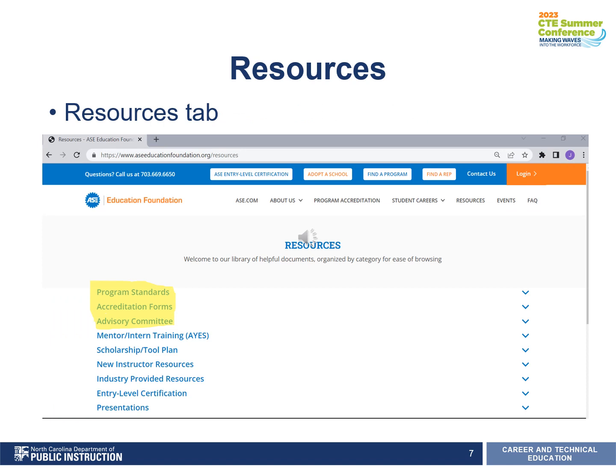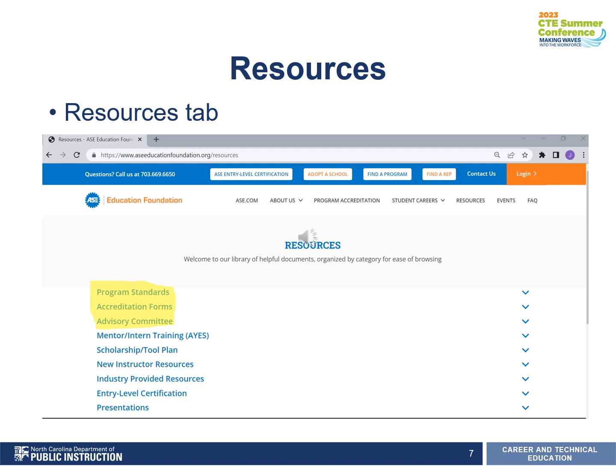When we click the Resources tab from the ASE Education Foundation's homepage, this is what should come up. On the Resources page, you'll see a number of topics. Today, we're going to look at the program standards drop-down, accreditation forms drop-down, and the advisory committee.